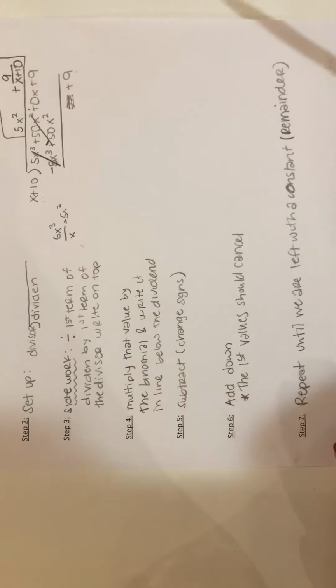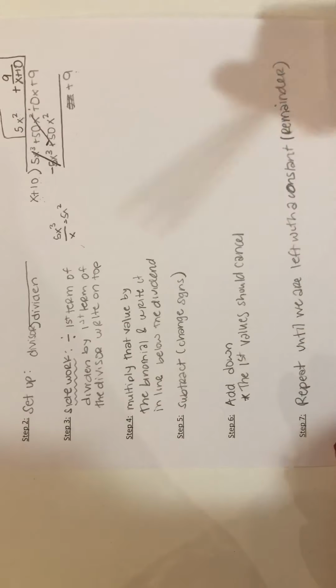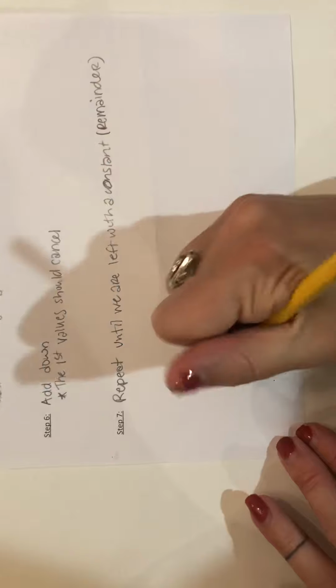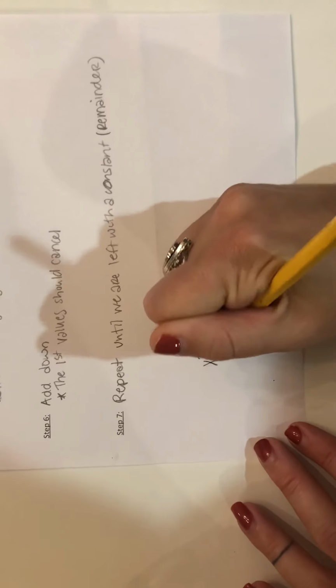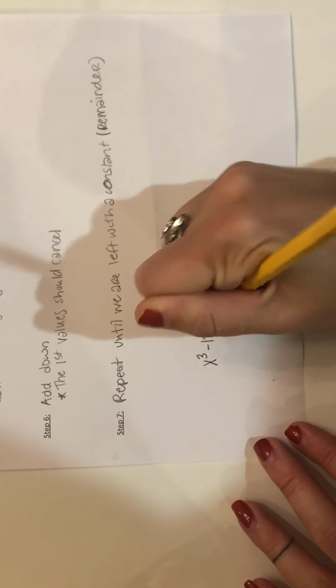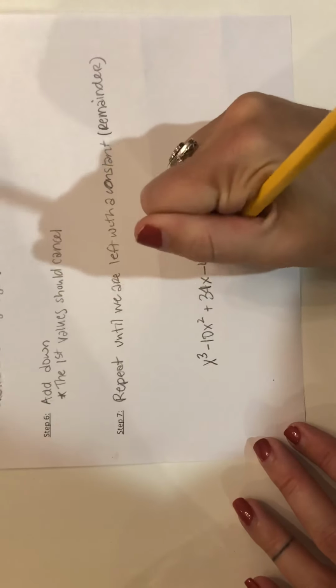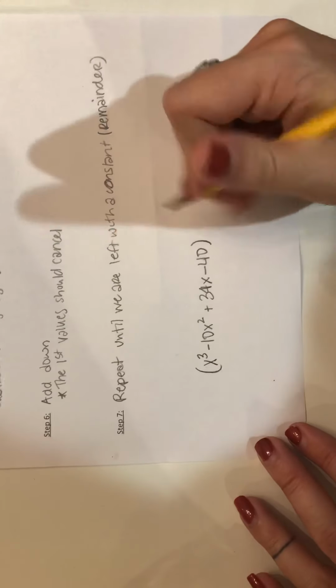So now you're going to complete the rest of the problems, showing that you can constantly go over these steps. And by the end of the class, I would like you to complete this problem. This is your exit ticket. X cubed minus 10x squared plus 34x minus 40 divided by